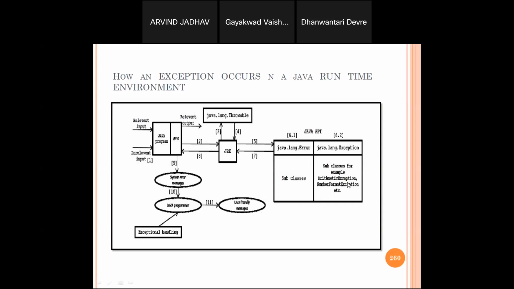Which one is the super class of the synchronous exception? Called as an exception। Which one is the super class of compile time error and runtime error? Exception। Which one is the super class of error and exception? Throwable। तो ये क्वेश्चन आपको याद रखना है। तो सिंपली बेसिकली यहाँ डायग्राम में ही पता चलता है, throwable is a super class, error is a subclass, exception is a subclass, and this error is used for the hardware related exception and this exception class is used for the software related exception or compile time or runtime related exception।